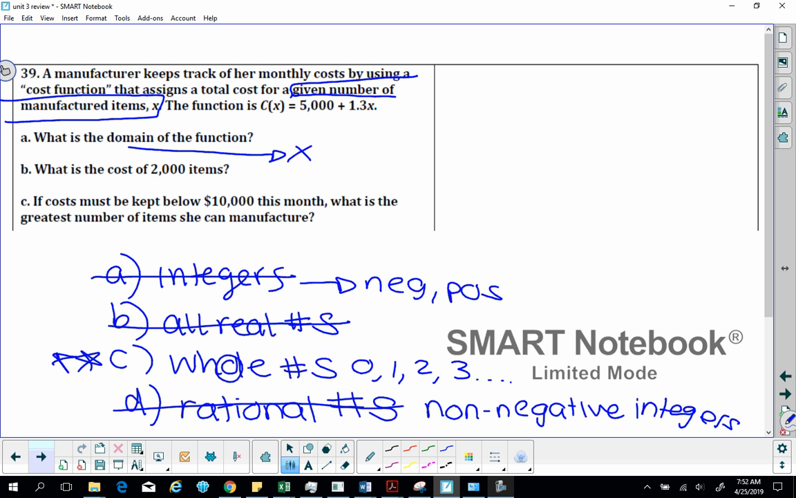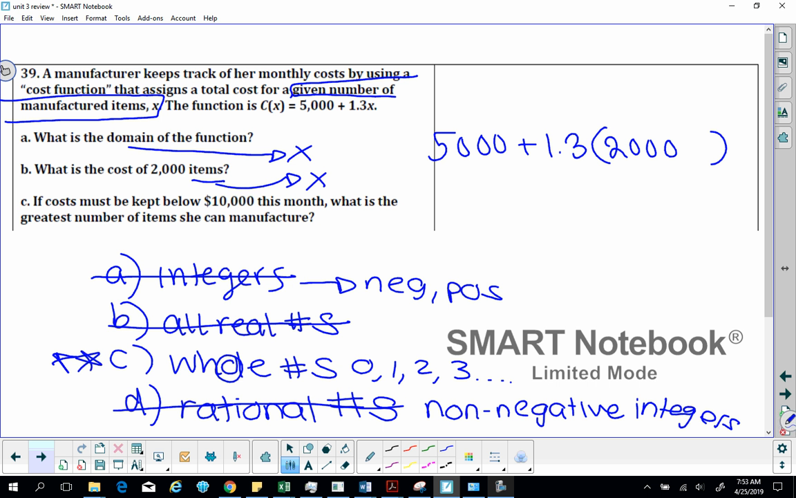Next one says, what is the cost of 2,000 items? So it's items. In this case, I can see that items are my x's. So all I have to do is instead of x, what am I going to plug in? 2,000. Or you can, I mean, you would have to scroll 2,000 times, so I won't do that. But all you're doing is putting 2,000 for x. You're identifying, hey, items needs your x in this problem, so I'm going to plug it in for x and